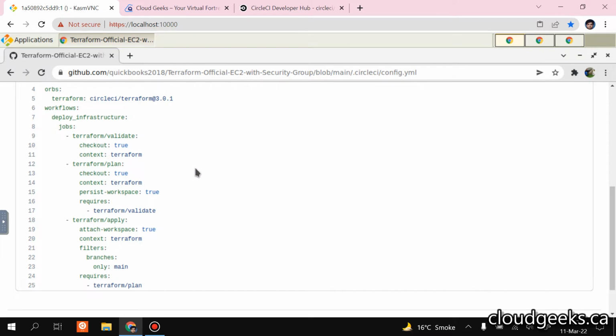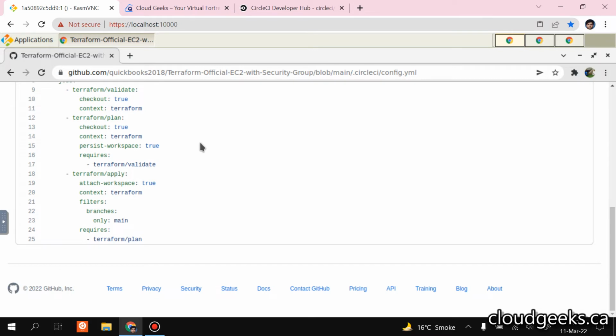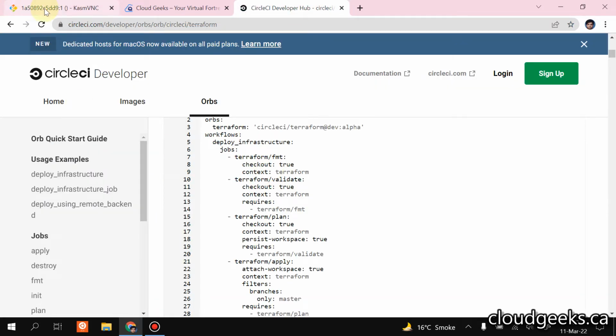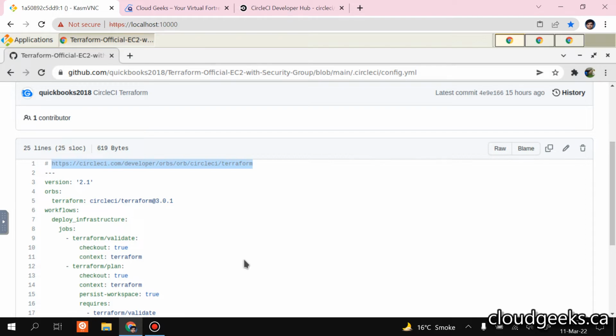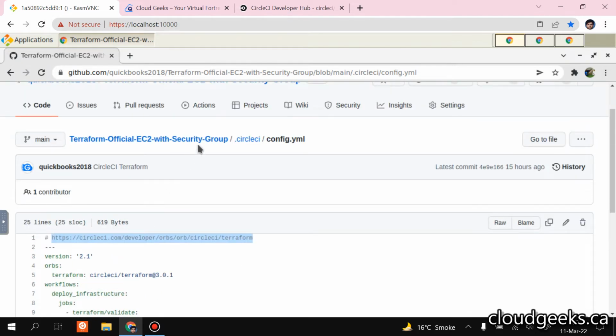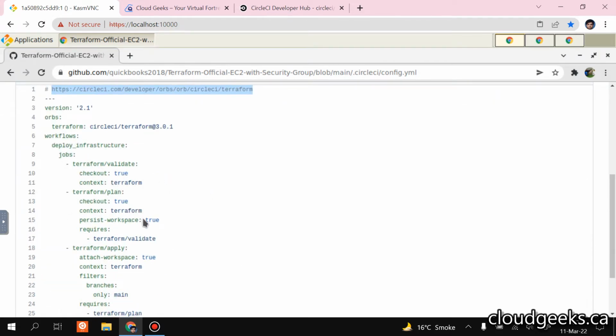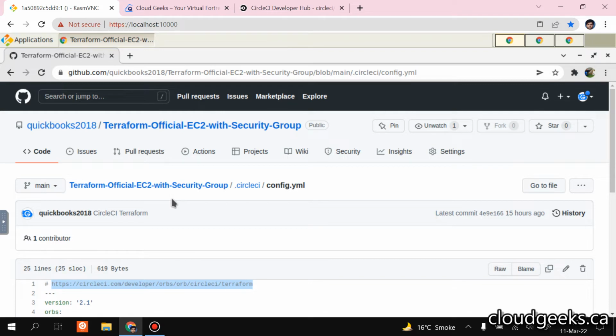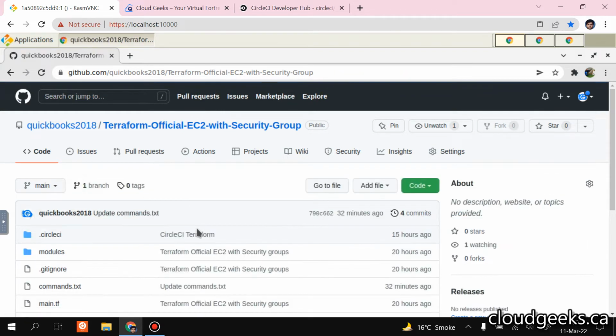One thing, just for your information, I've removed the Terraform validate because it spits some error. That is why that part with regard to the Terraform validate is removed. Other than that, everything is simply copy paste from this. It is pretty much the basic commands we used, Terraform apply, Terraform validate. But the thing we need to understand is that